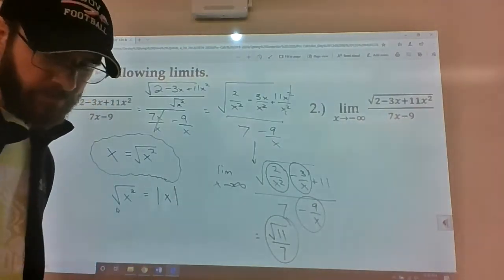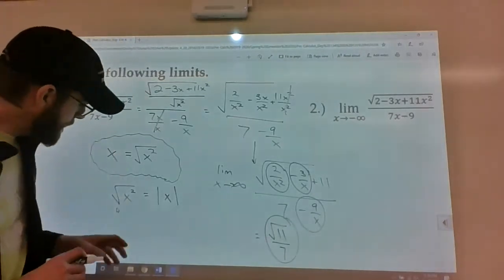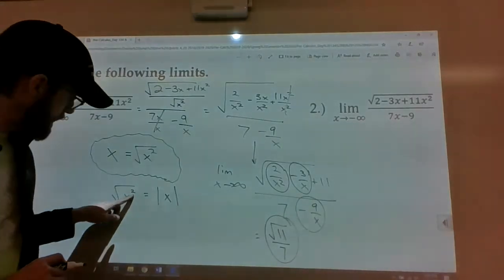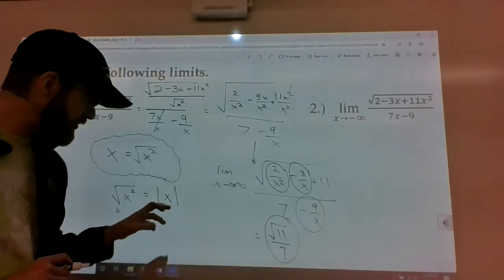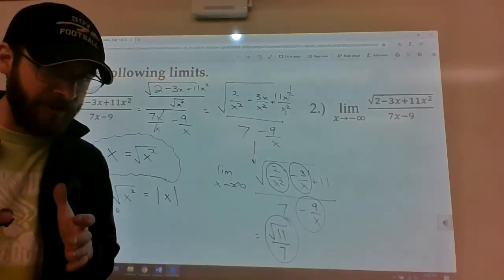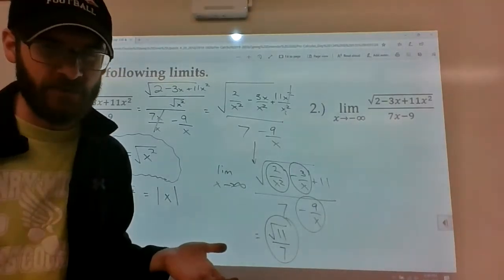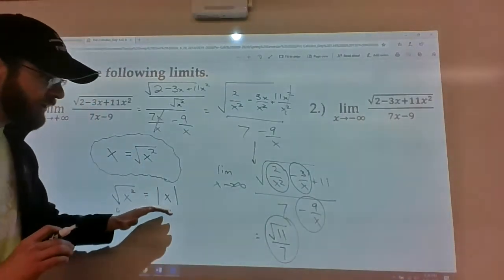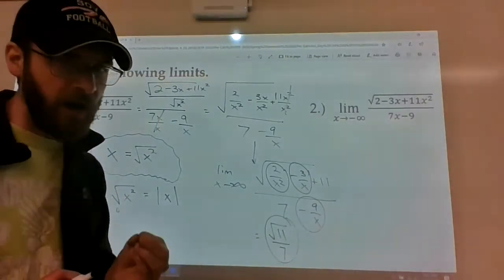Because there was a rule, and this might have been a while ago for you guys, but when you take an even power of an even root and it reduces to an odd power on the outside, you technically have to use absolute value bars, for reasons that would probably take a few minutes to explain that I don't want to on this video. So technically, we should have been dividing both the top and bottom by the absolute value of x,